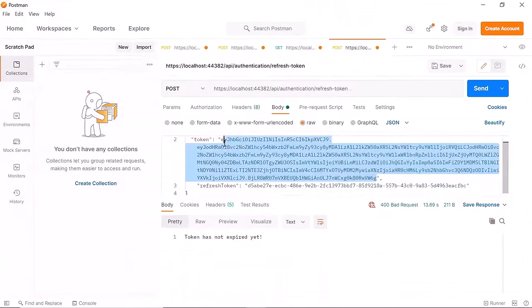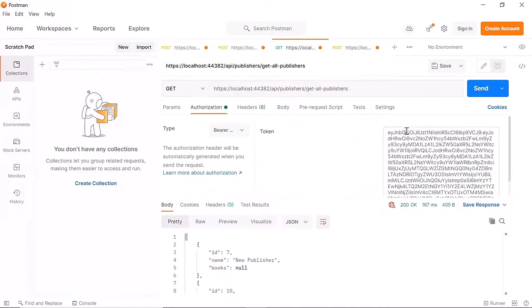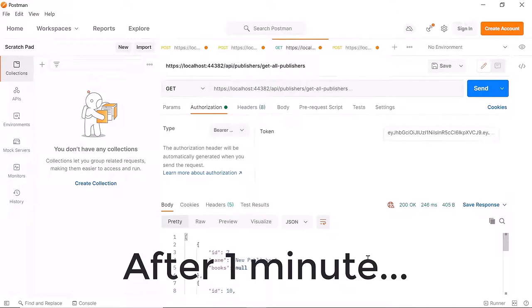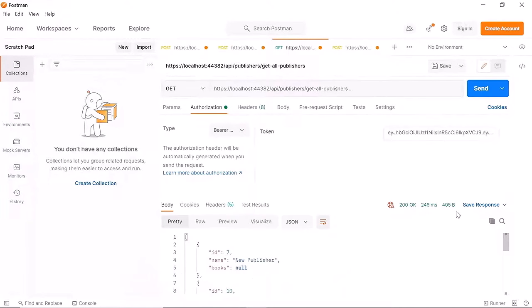Now if I use this token, so Control C in the HTTP GET request and click Send, we see that we get some data. So now I'll just wait for the token to expire, and it takes around 1 minute. Now let us try again. So we see that the token is now expired and we cannot get data from the API publishers get all